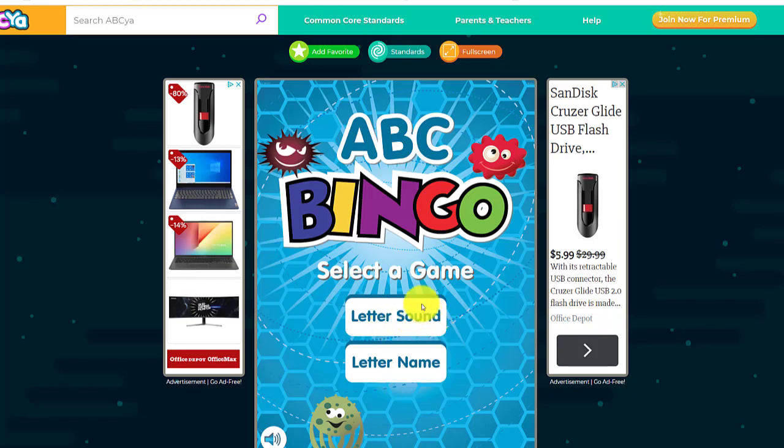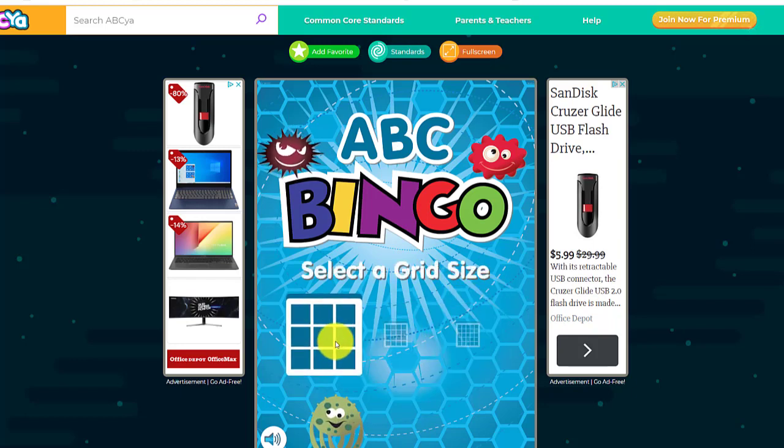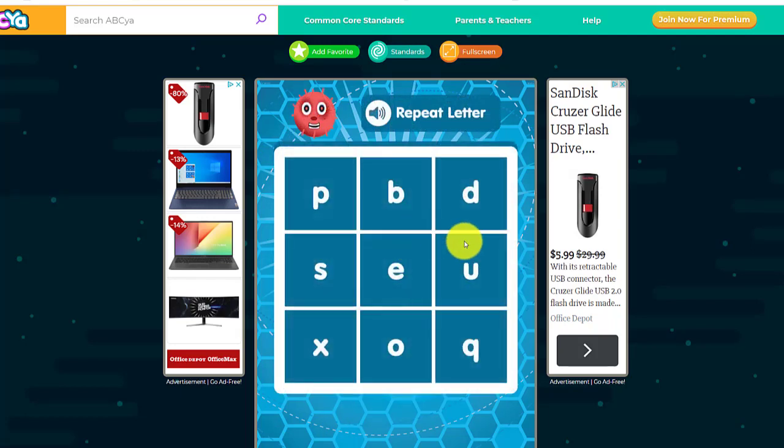Now, I find that the letter sound is a little bit hard, so I like to go down to the letter name, especially the first time I'm playing it. I choose lowercase, select a, and we can choose a word. Quick sound game here. So if you hear D, listen carefully, you're going to find the letter D, and you're going to